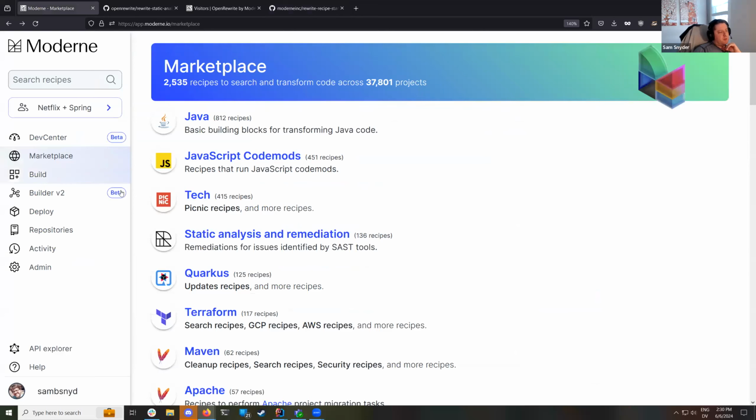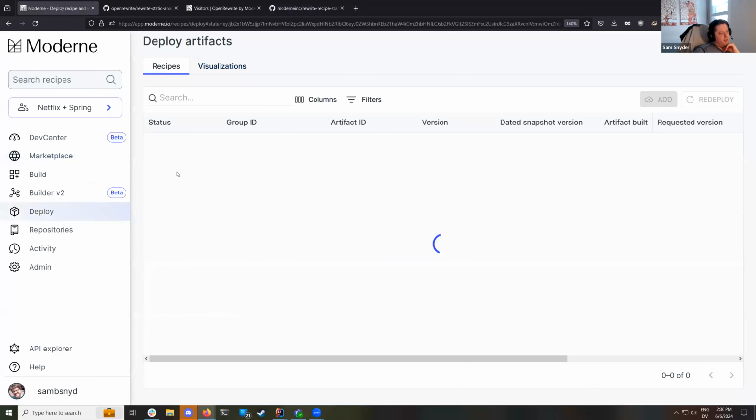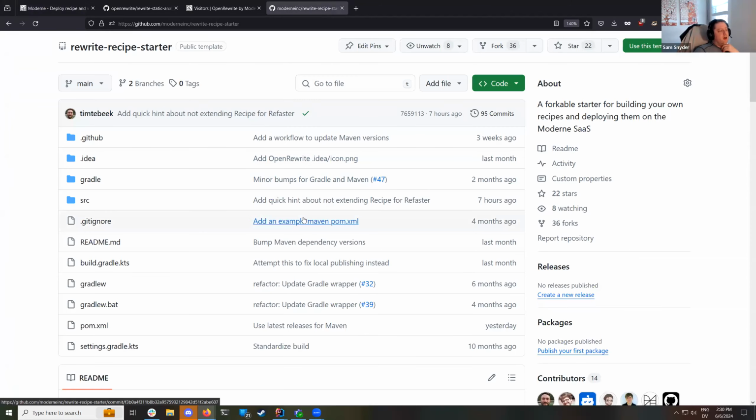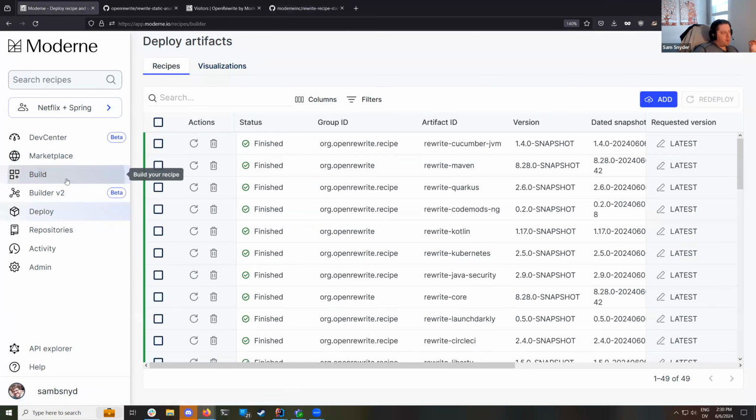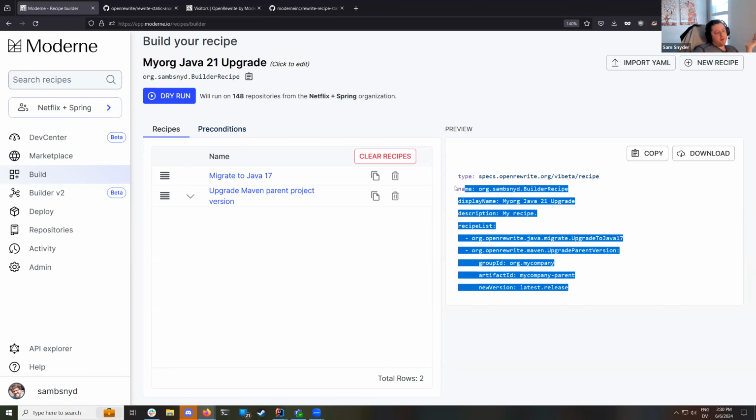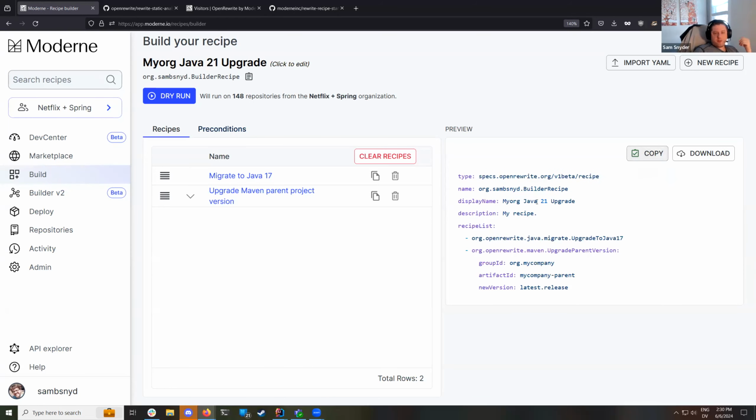All of the recipes that are deployed in this app.moderne.io tenant are recipe modules just like this one. It's just a jar that is built and published that happens to contain recipes in it, as opposed to a jar that contains anything else. Going back to this example YAML recipe I put together to customize the Java upgrade recipe with a specific upgrade parent version for my company,